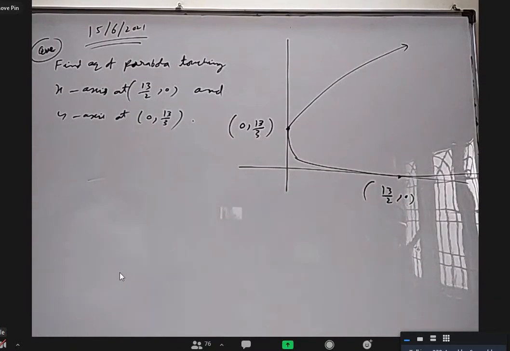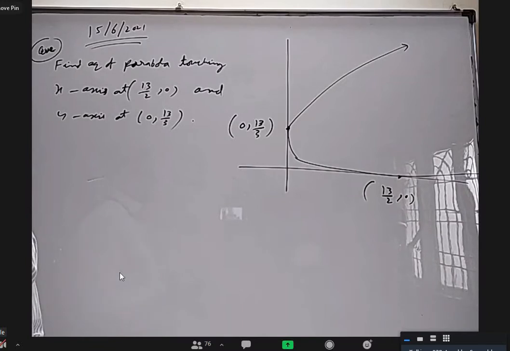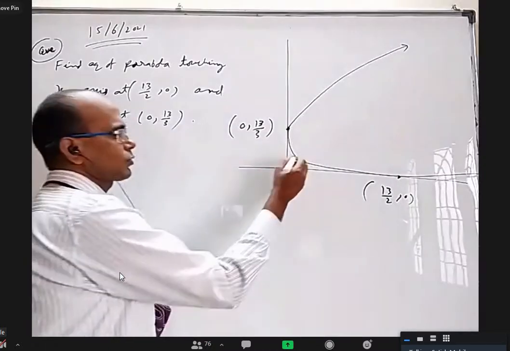Sir, is it 2, 3? Yes, correct. Excellent. What you have done? Sir, I found the chord passing through the 2 points and then found the foot of perpendicular from (0, 0) to that line, the focal chord. Which property used?